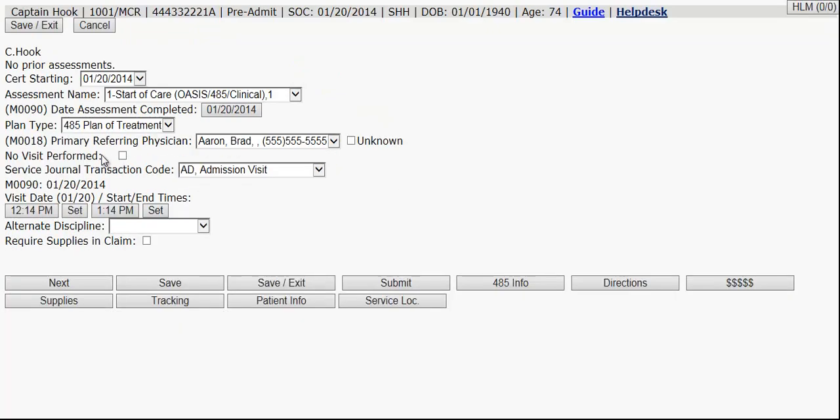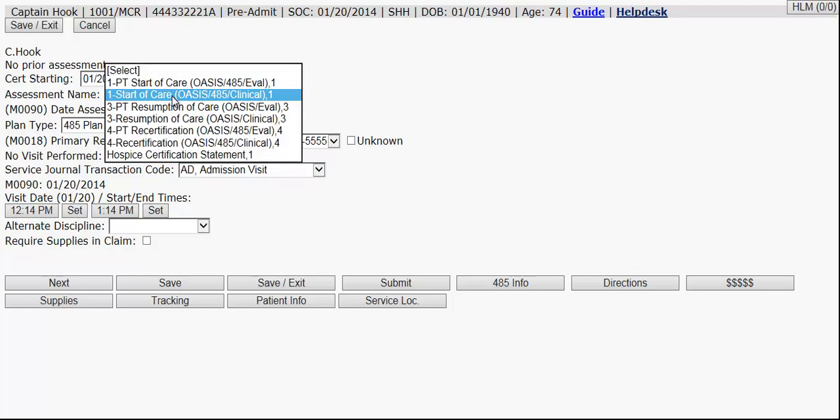And notice that most of the items here are filled in for me. If I was going to be doing a commercial start of care, or a PT start of care, I have different options here that I can choose. For example, if it's a PT only situation, I can choose 1-PT start of care. But in this case, I'm just going to go ahead and accept the default, which is a regular skilled nursing